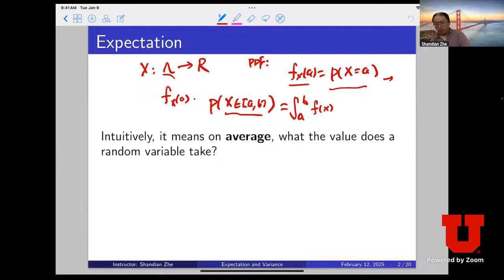Some non-negative function, and their overall integral in the real space is 1. Then we call such a function as the